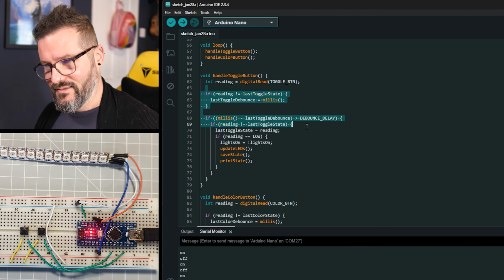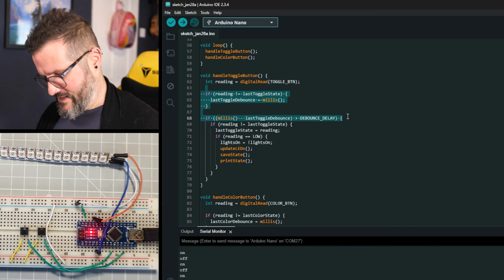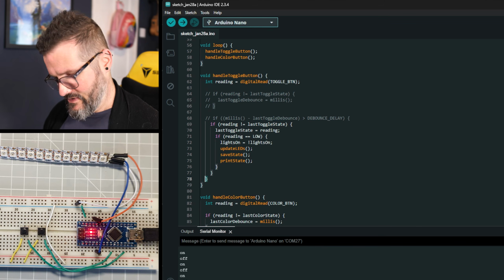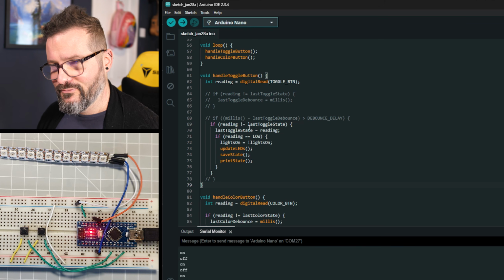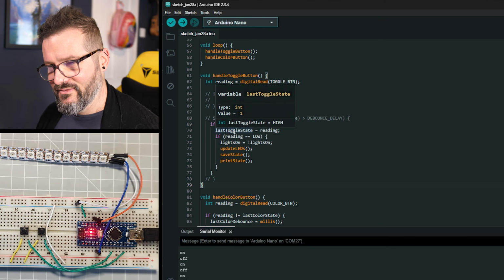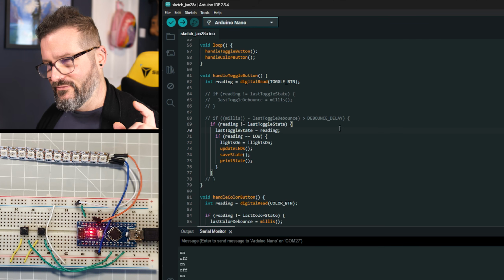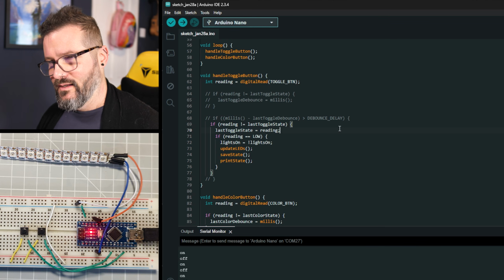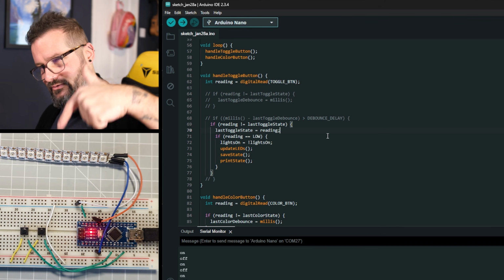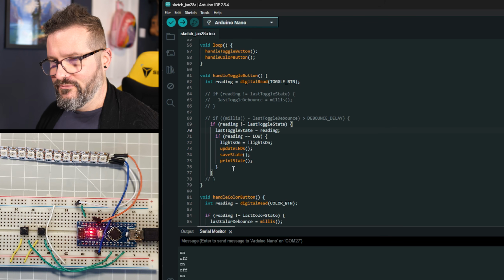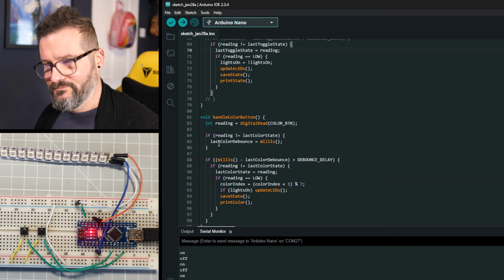I bet, and it is really not the right way of handling debounces or anything, but I reckon if we got rid of that, and we got rid of that, so just have, if reading is not equal to the last state, then the last toggle state is equal to reading. So it's flipping the state and then saying if the reading is low, so it only then does it on the down. I reckon if we did that on both of these,